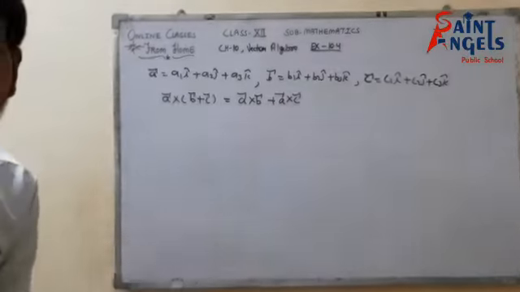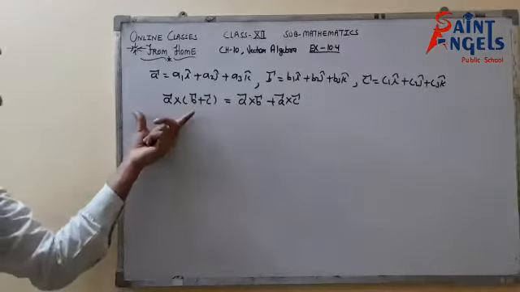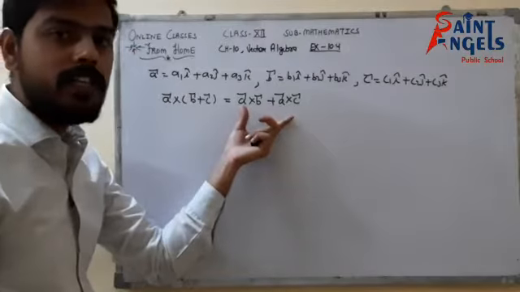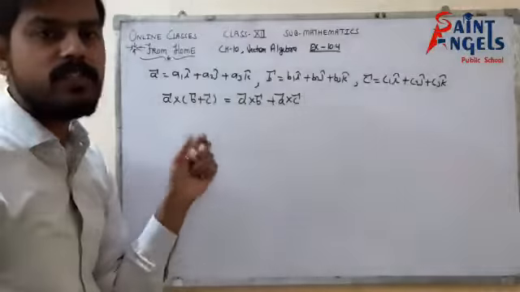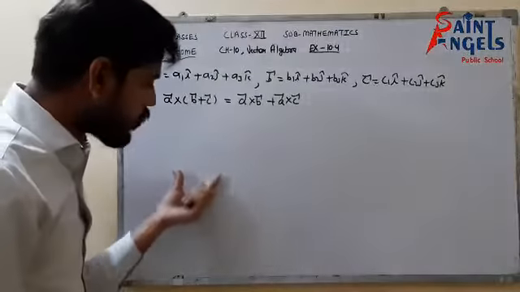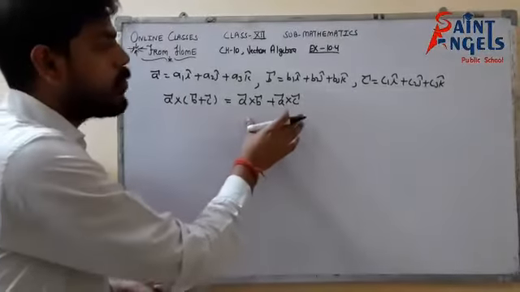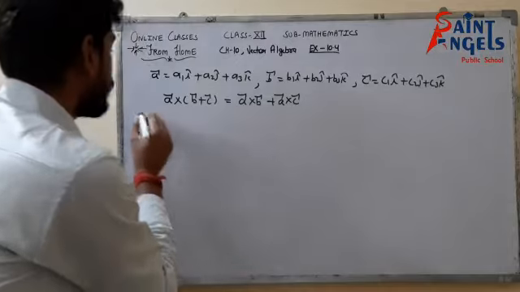First of all, we will take the LHS and RHS. I am solving the LHS, you will solve the RHS, and we will see that both sides are equal. It is quite lengthy, but it is not difficult. So I am doing the LHS part and you will do the RHS part as your homework. Okay, so now the LHS.